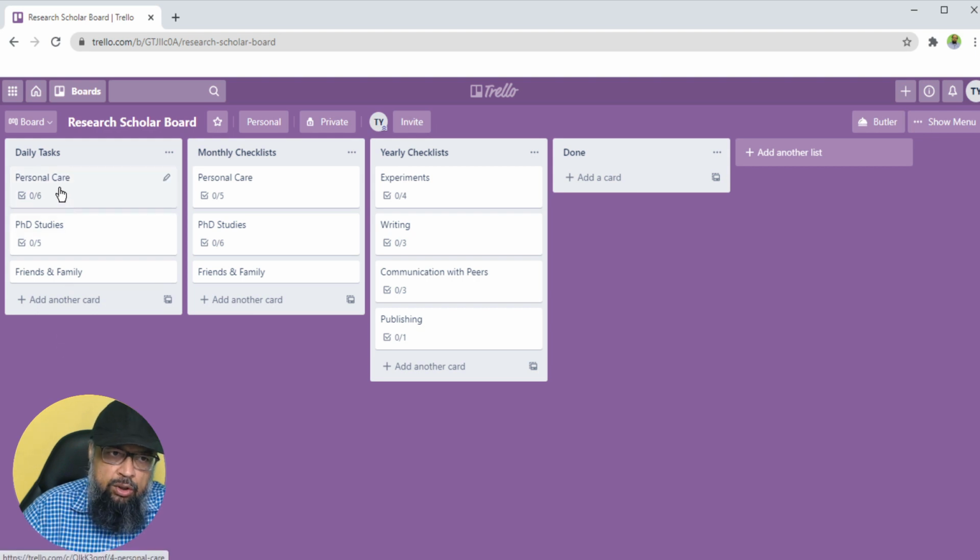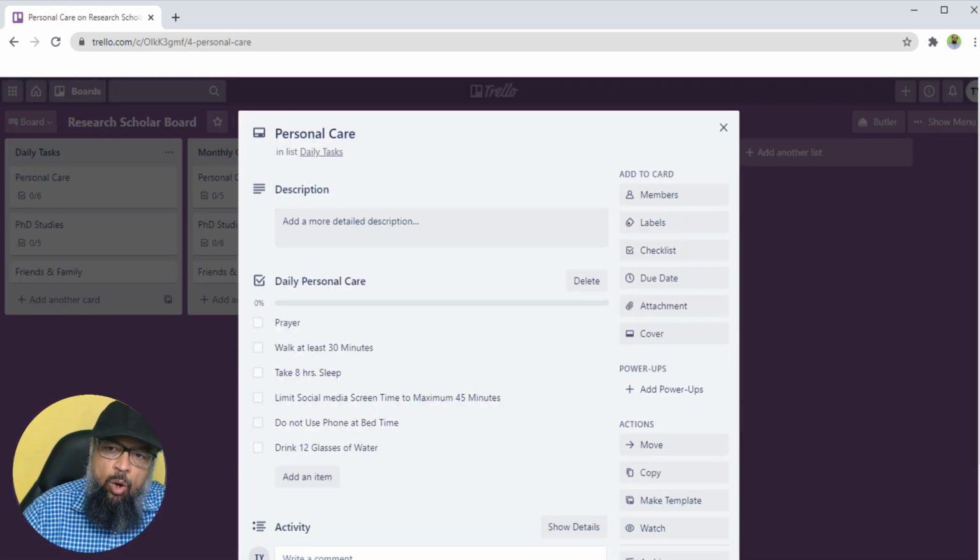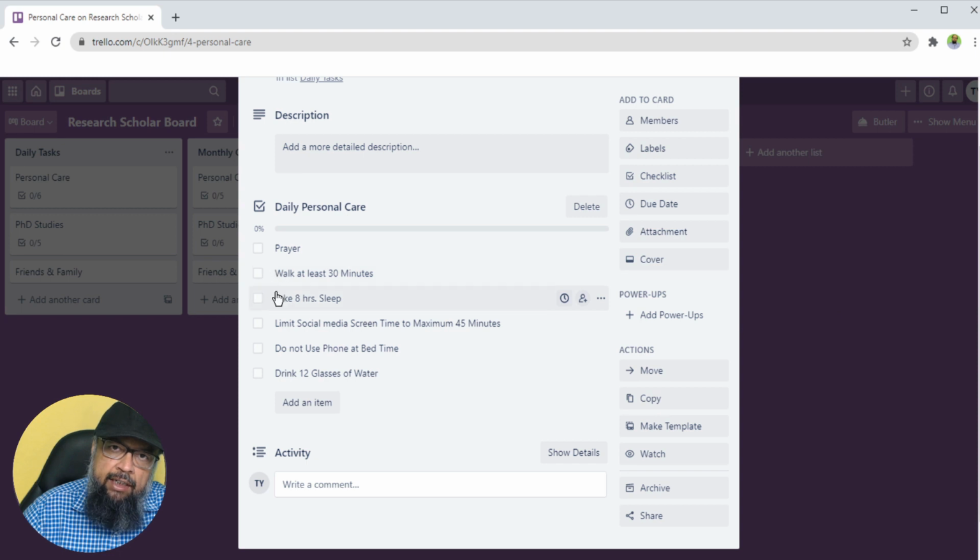So let's click on personal care, and on this card I have added a few activities. These are some of the tasks you want to do for your personal well-being. You want to walk for 30 minutes to keep yourself healthy. You want to get some sleep. You don't want to spend too much time on social media, so you must put some limit.